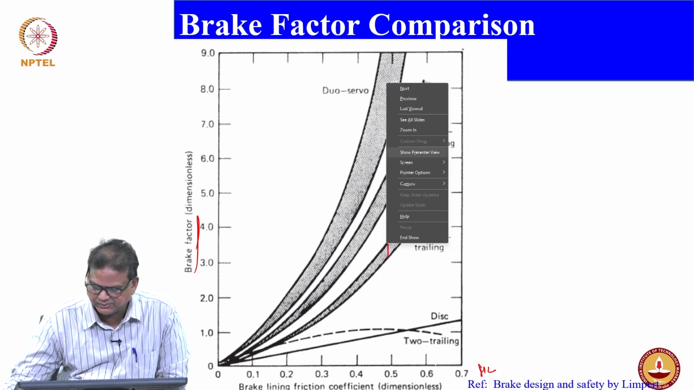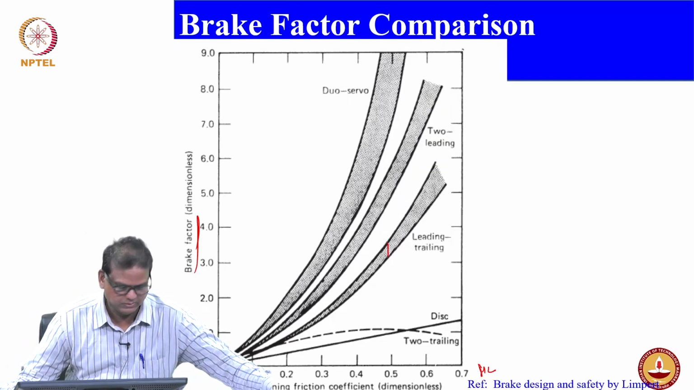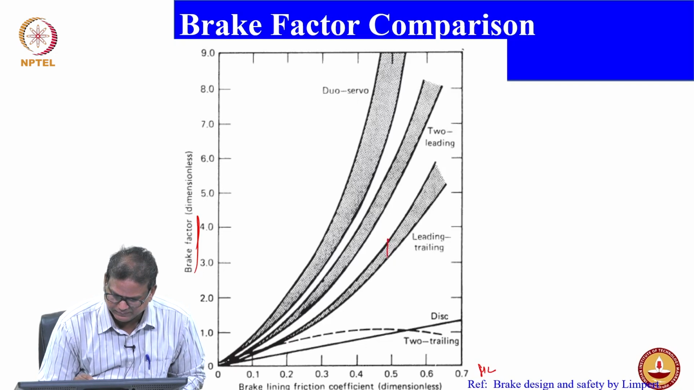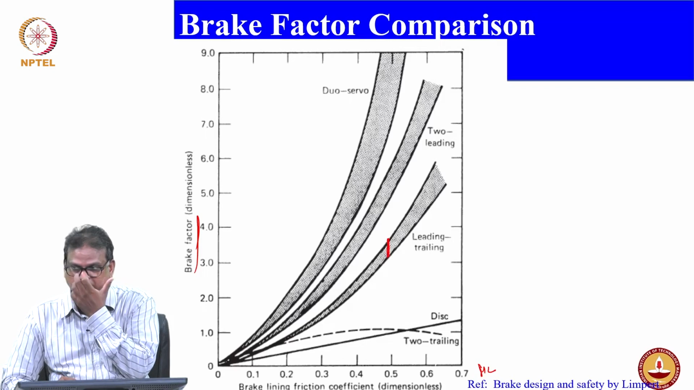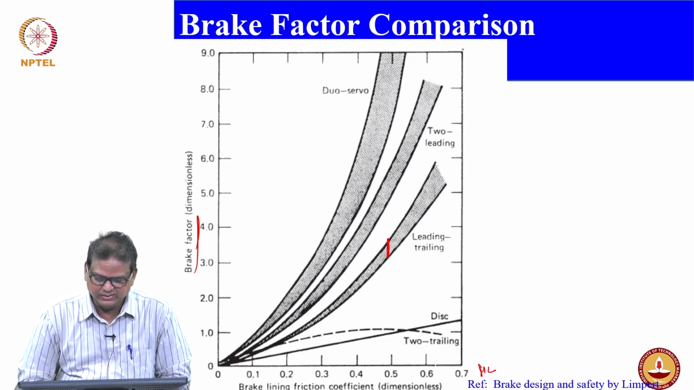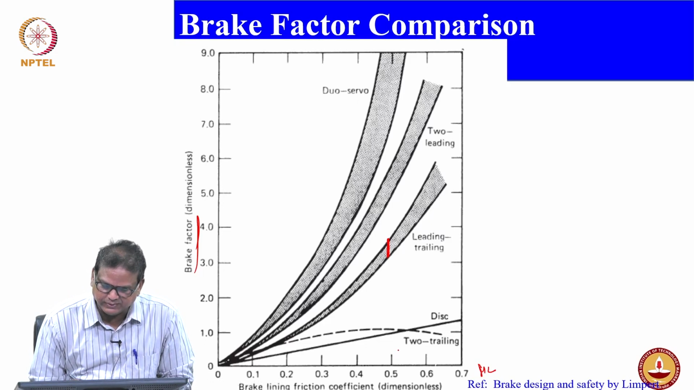Any reason why the brake factor will vary from the upper value to the lower value? Any reason for this? What is the reason? It is leading and trailing. What is the reason for that? Think about that. Similarly, if you look at the two leading shoes, again with 0.5 for mu L,